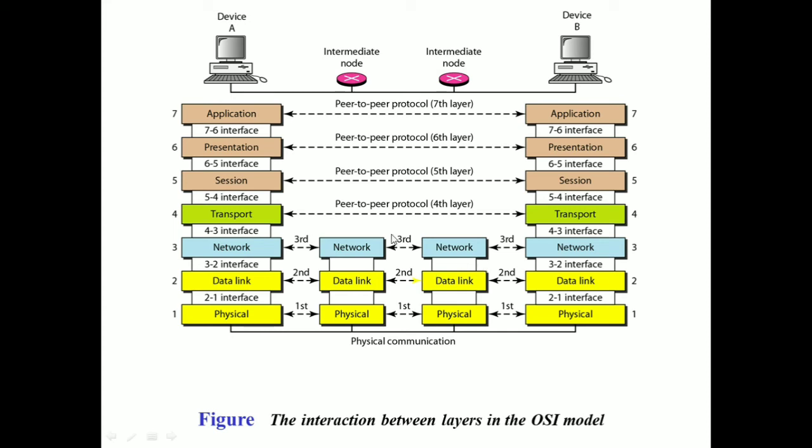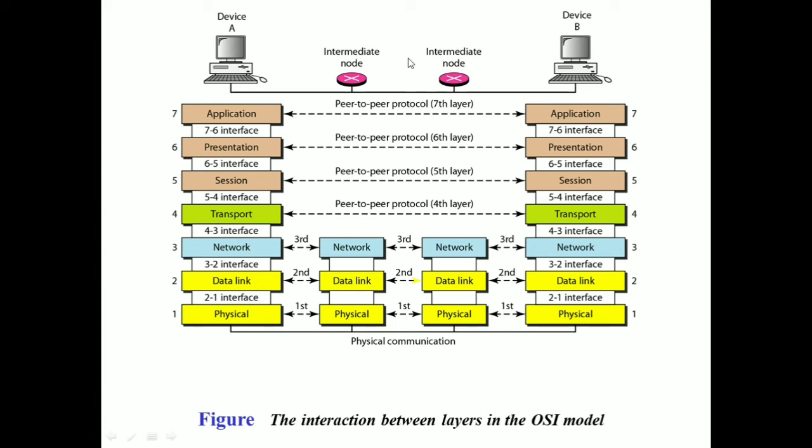Now the communication between these layers, that is the application layer, presentation layer, session layer and transport layer, is a peer-to-peer protocol. That is, they directly communicate with each other. The application layer in device A communicates with the application layer in device B, the presentation layer communicates with the presentation layer in device B, and so on. But when you see the physical layer, data link layer and network layer, between